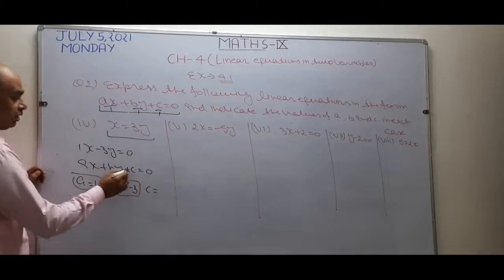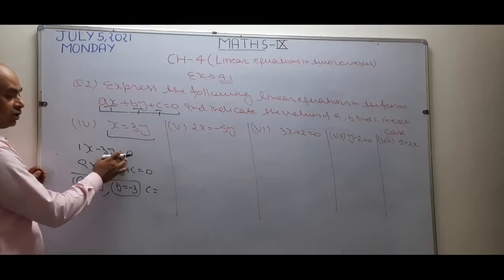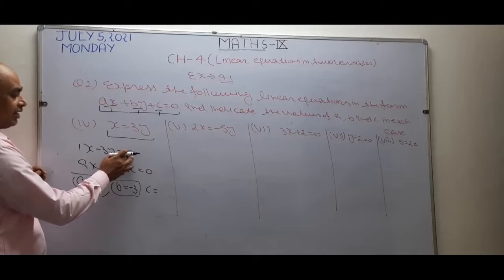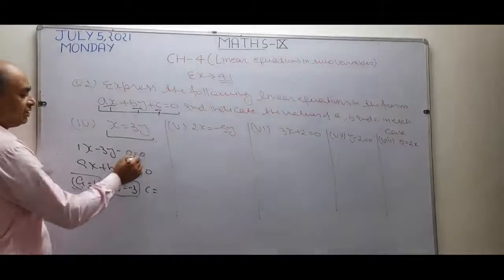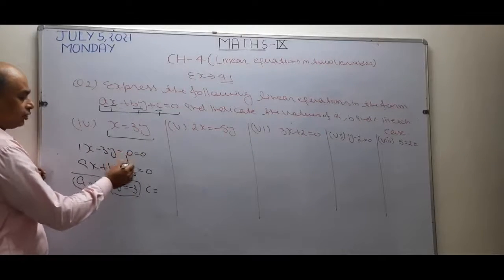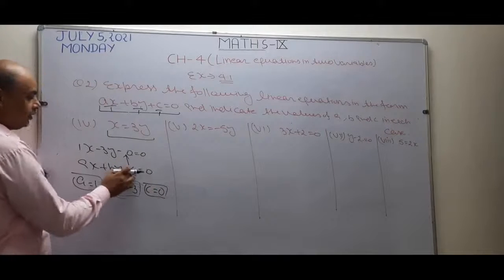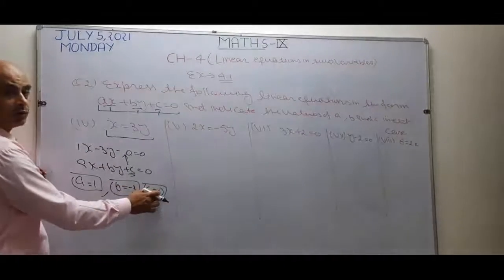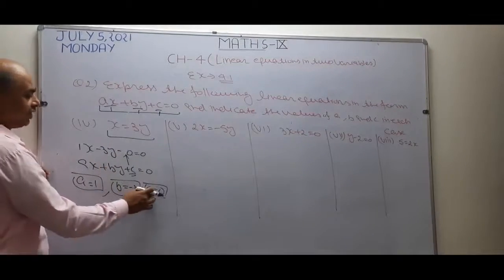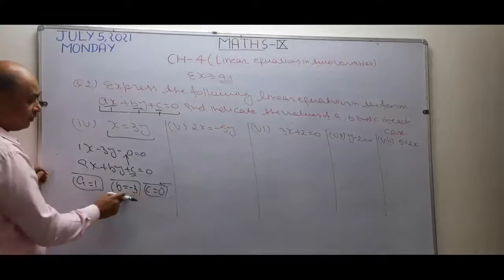Now see, c. What is the value of c? C is not given. See, when I take this 0 from left to right, it becomes negative, and what is left? 0. So the value of c is 0. When no term is there, it means this value represents 0. Okay, c is not there, so it means the value of c is 0, not 1. So the value of c becomes 0.